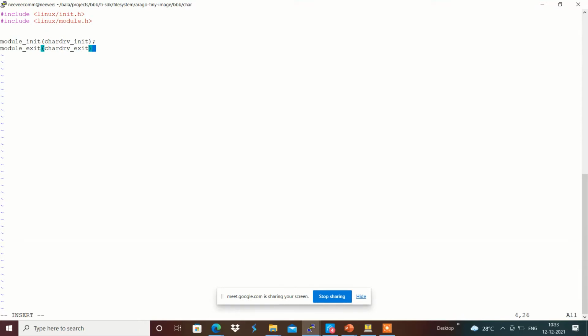I'm going to use char_drv_exit, and we have the module license over here, which is a GPL license. Yeah, and I'm going to write static int char_drv_init over here, and return 0.